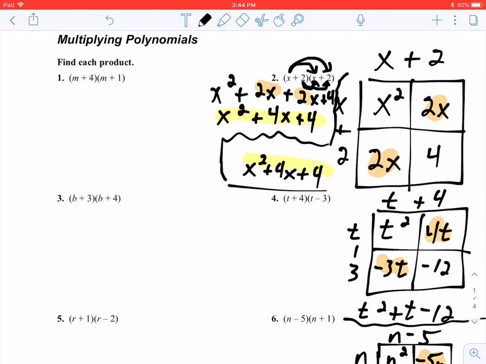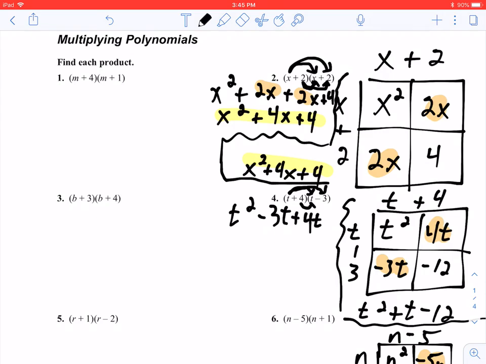All right, now moving on to the next part, I am going to multiply number 4. Now number 4 says we have t plus 4 times t minus 3. So we're going to do the first terms, which is t times t, which is t squared. Then the outer terms, t times negative 3, which is negative 3t. Then we're going to multiply the inner terms. 4 times t is 4t. And then the last terms, 4 times negative 3 is negative